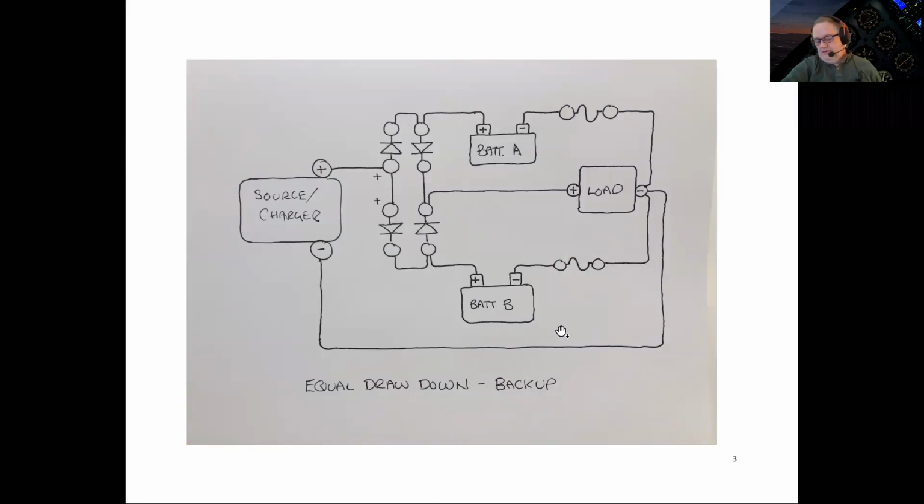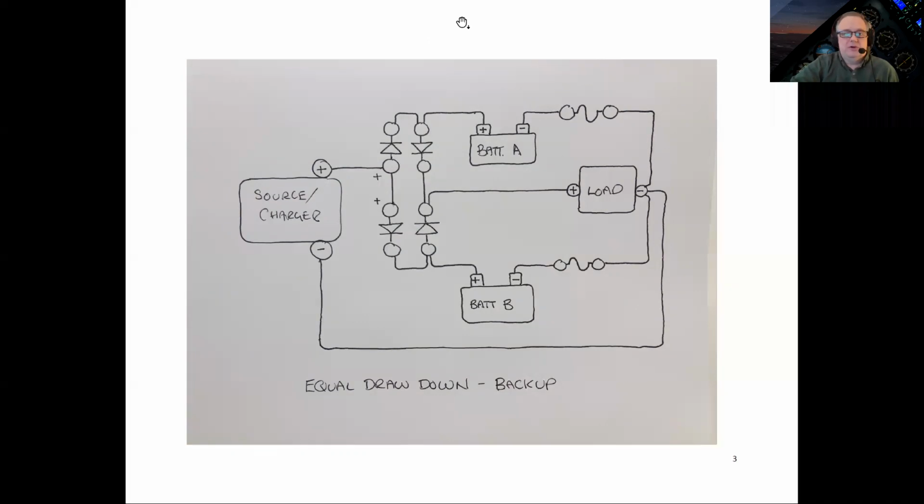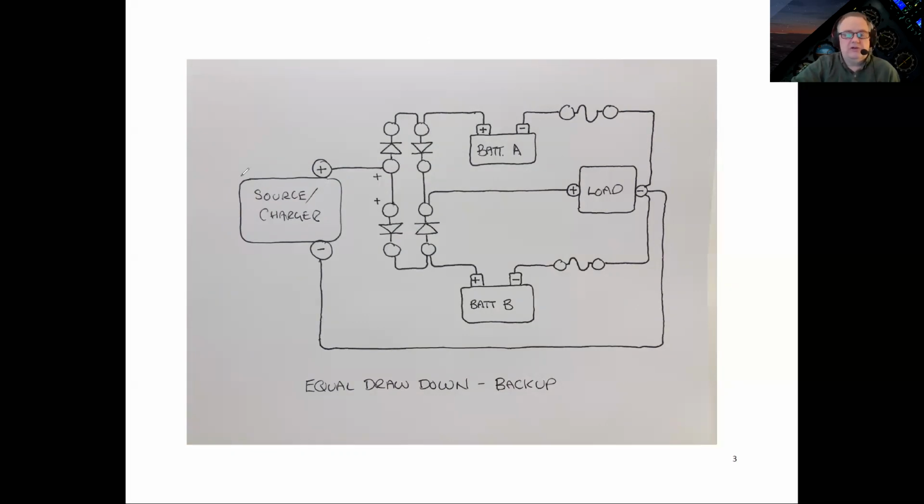Now this is an interesting circuit, kind of a very opposite function to the last one. And so in many cases, what you have is actually a source. And so I'm going to show you that here. This is a source that is really only a charger to the extent that it keeps battery A and battery B full. And at the same time, it supplies voltage through this diode,